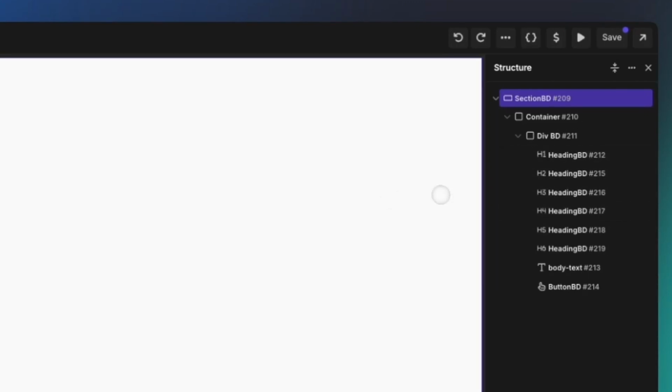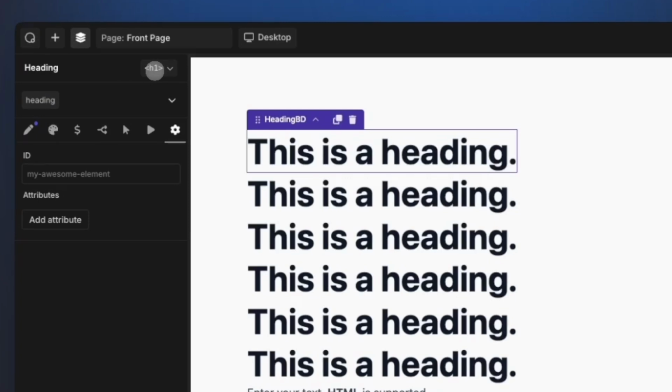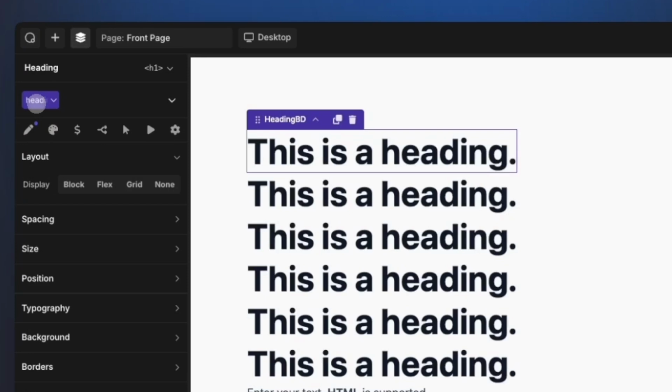Okay, so I've assigned a class to these. Let me just select one of them here. And so yeah, I have a simple class, heading. And then we can see up here that the HTML tag is set to H1, and I'll talk about that in just a second. But if I select the class here and then go down to the design options,